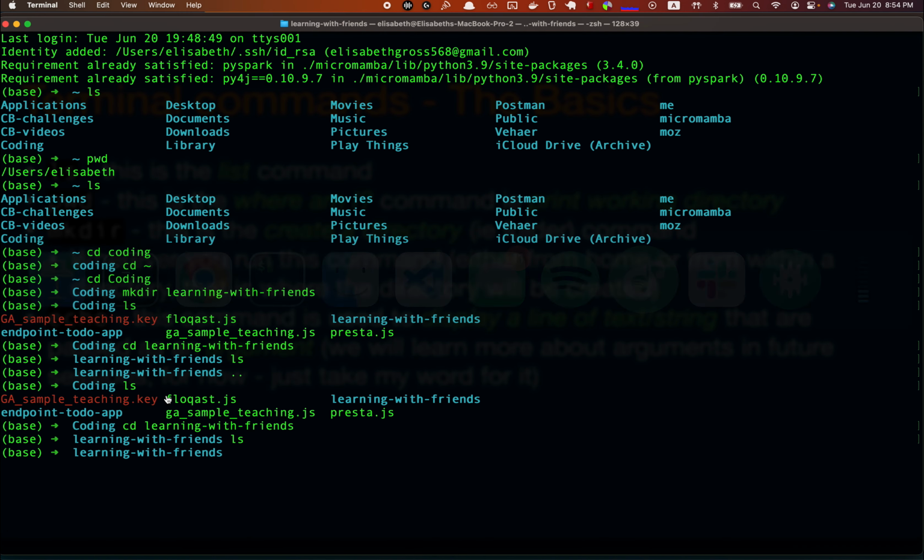Okay, so echo, the way I'm going to use it is going to be like, Elizabeth, why would you ever need to do that? The reason you would need to do that is if you were writing a program that was running and you wanted to print something on the terminal, you would say echo in the script. But watch what I'm going to do.